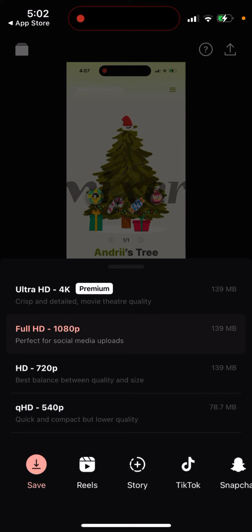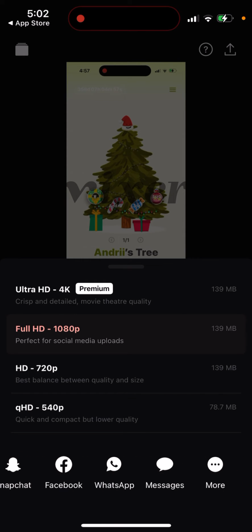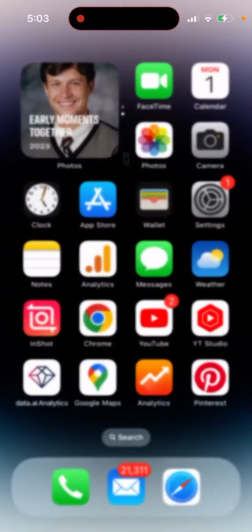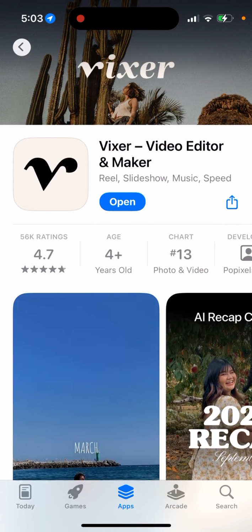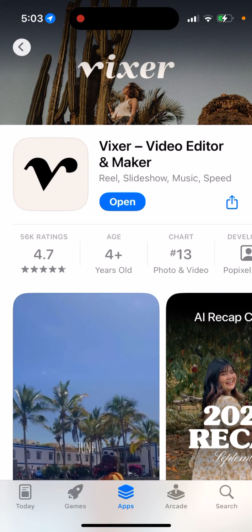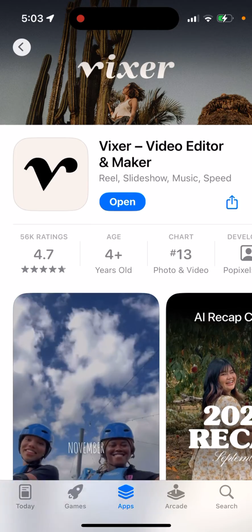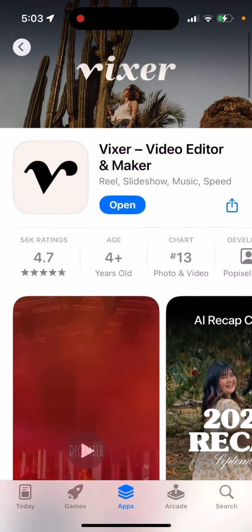and then I can just share it in different resolutions, and I can instantly share it to Reels, to Instagram story, TikTok, Snapchat. So very easy to share, very nicely designed. So yeah, if you're looking for a video editing app where you can have these features, and the app is just really easy to use, so